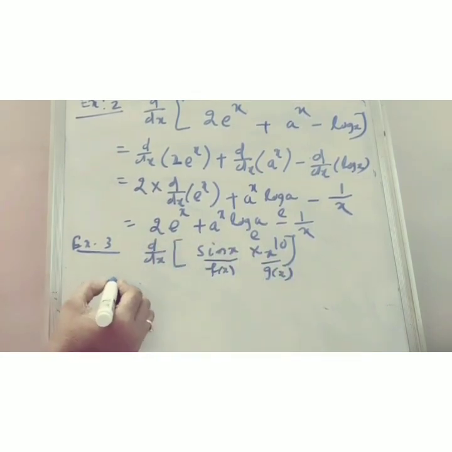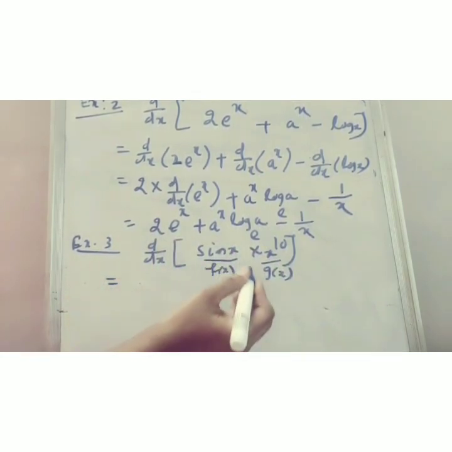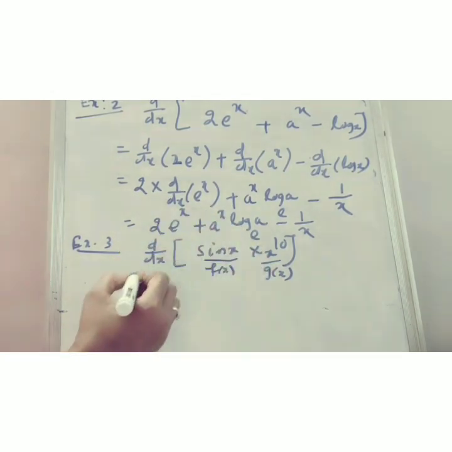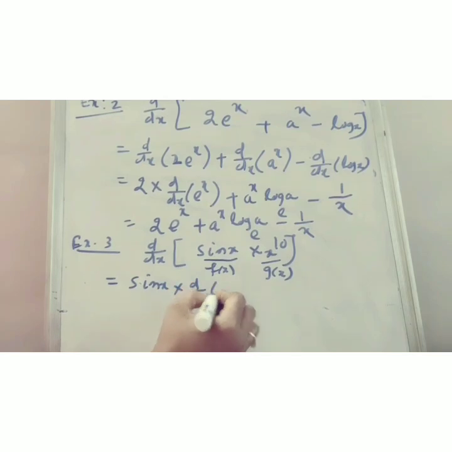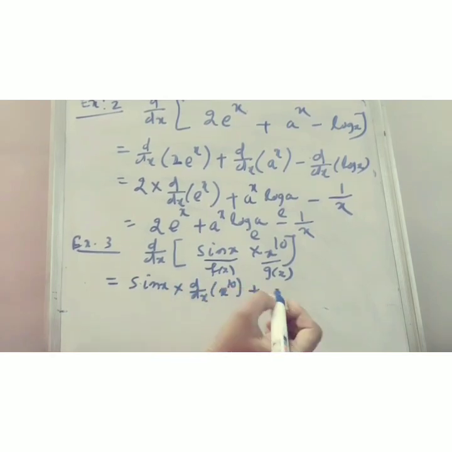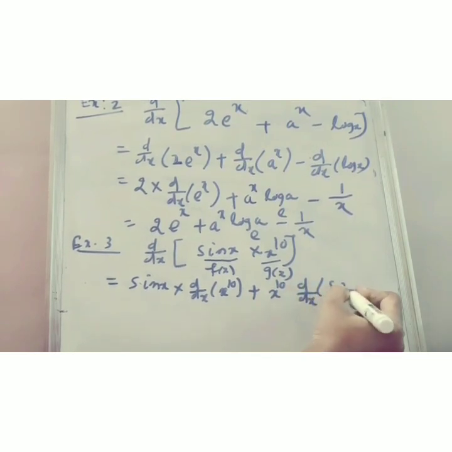Now that is equal to your f of x into d by dx of g of x. This becomes sin x into d by dx of x to the power 10 plus x to the power 10 into d by dx of sin x. That is equal to